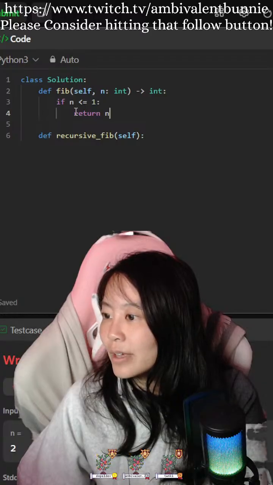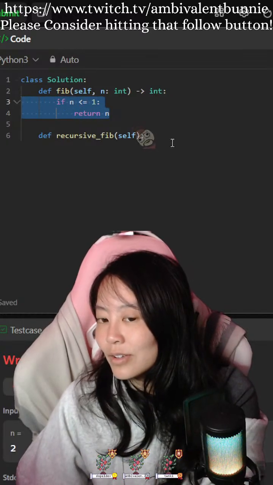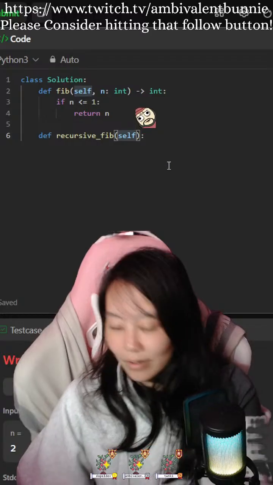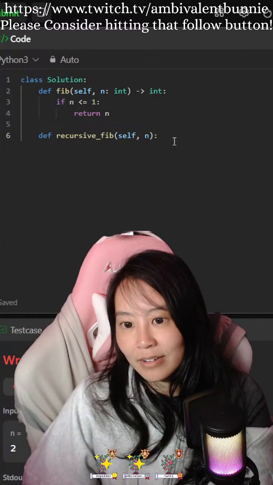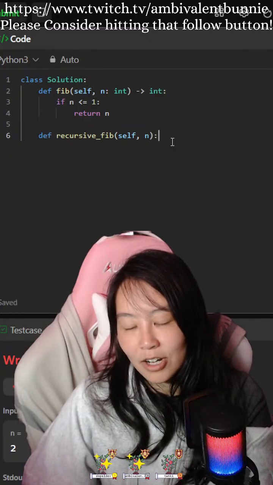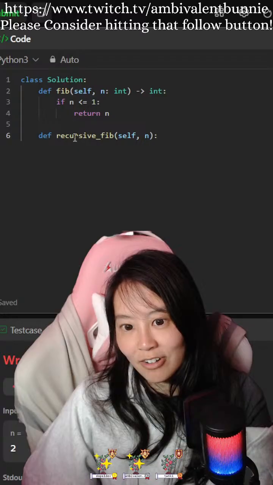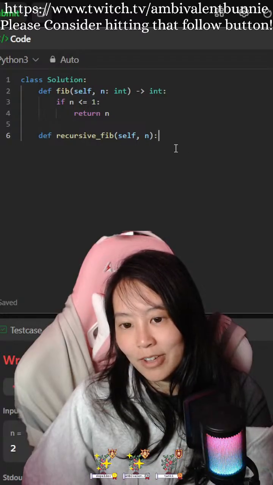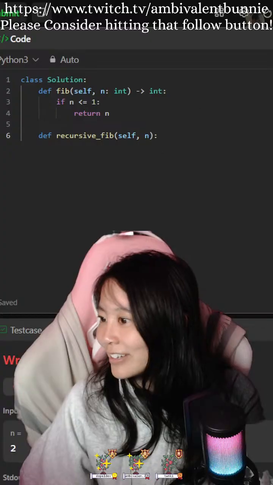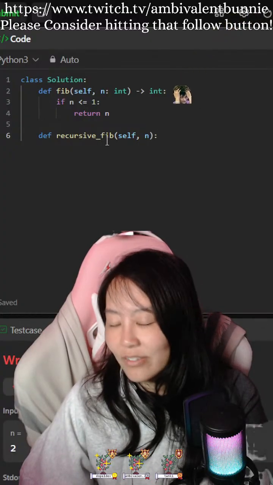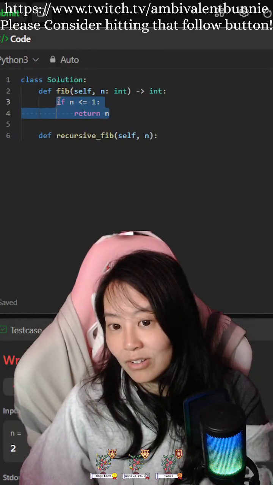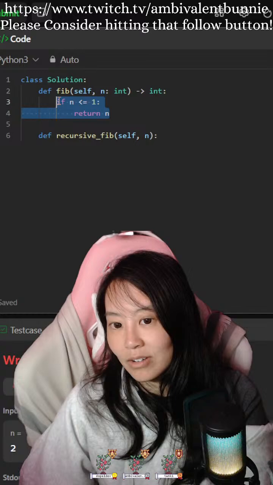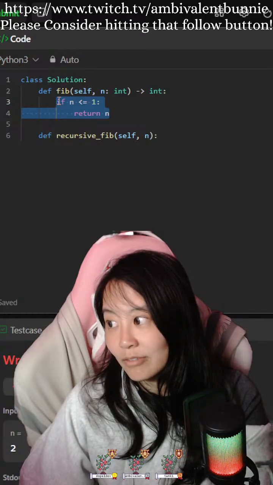So my fib... Okay, wait. So my fib n 0 should return 0. So if my recursive fib is 0, it should return 0. If it's 1, we return 1.